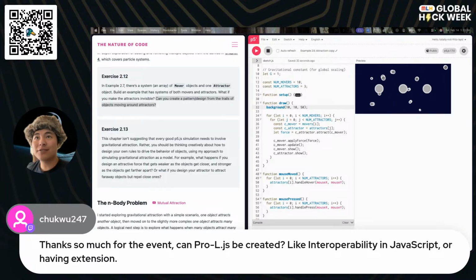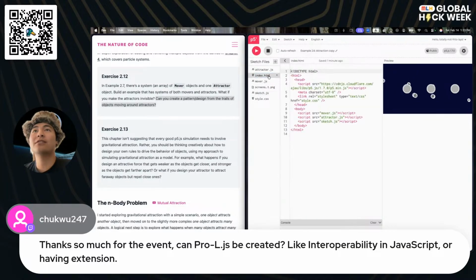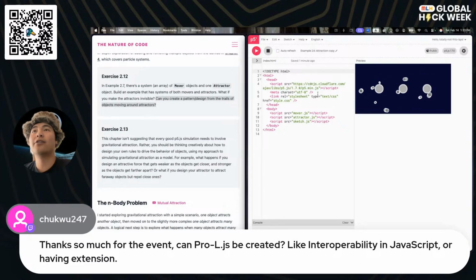So you may have missed it earlier, but P5 is just a library for JavaScript. In fact, you can see over in index.html, this is legit the only library that we're using right now, which is the P5 library. And so if you want to do other things with JavaScript and with P5, you can totally do that.